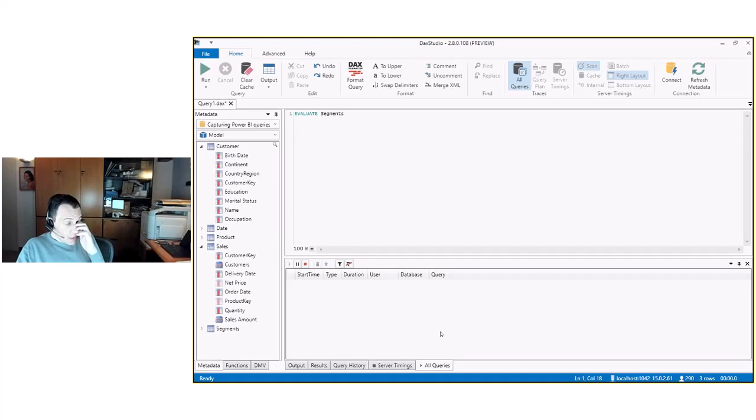is empty. But at this point, technically what DAX Studio is doing, it connects to Analysis Services like a SQL Server Profiler, intercepting a certain number of events. And the events that we monitor with All Queries are basically the query end events, which are the individual DAX or MDX queries sent to Analysis Services with the duration, so how much time each query has spent in Analysis Services. Now, if I keep this open and I go back to Power BI,